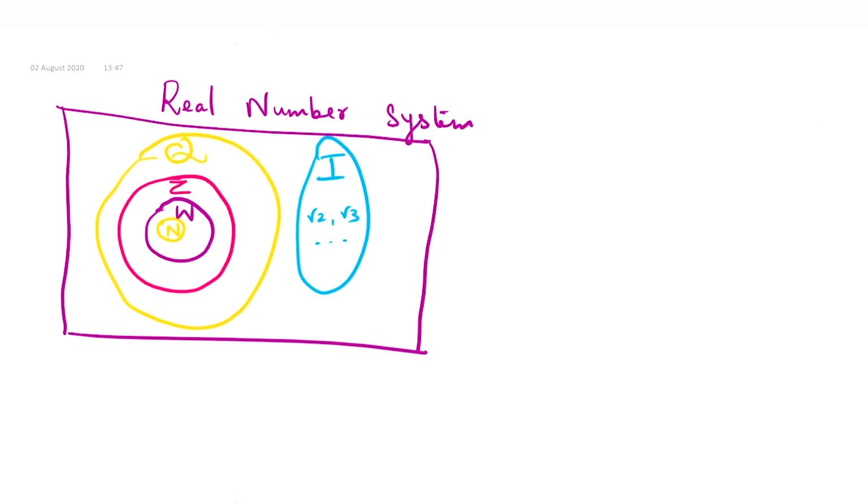Now we shall see what a complex number is and why we need it, right? In the 10th standard we have solved many quadratic equations. For example, x square minus 4 is equal to 0. So x square is equal to 4. So what's the value of x? x is equal to plus or minus root 4, that is plus or minus 2, where plus 2 and minus 2 are real numbers.